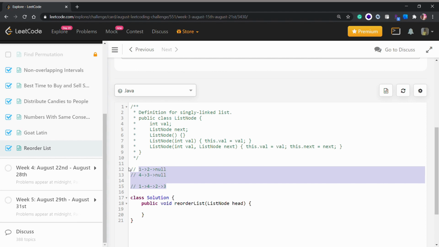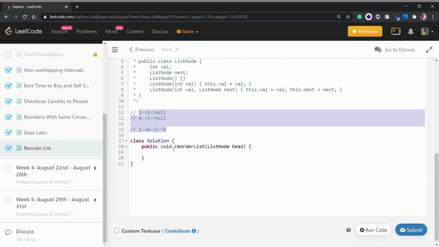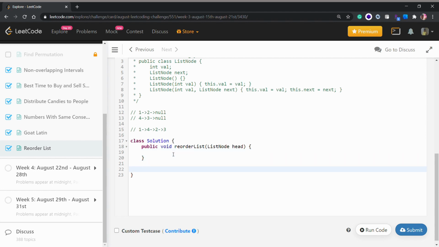And now let's have a look at our code implementation. How am I going to do this? Before I dive into the solution, we are going to reverse a linked list. So we are going to use a reverse function, which we will create ourselves. I will try to explain that function, and it is easy, but this question might be a little confusing if you haven't solved any linked list problems before. So what I would suggest is try to solve how to reverse a linked list first, and I will definitely explain that part as well.